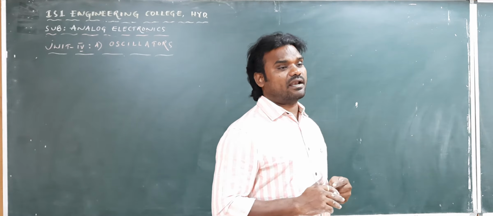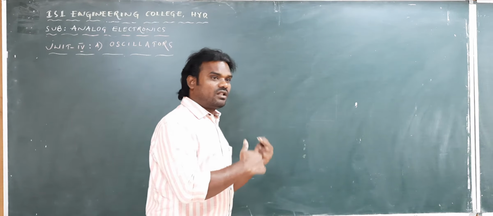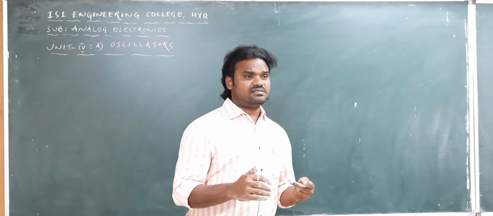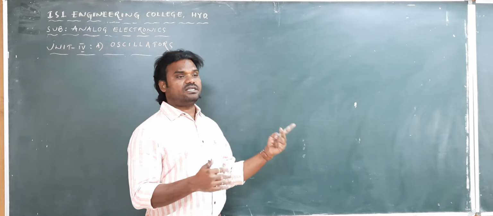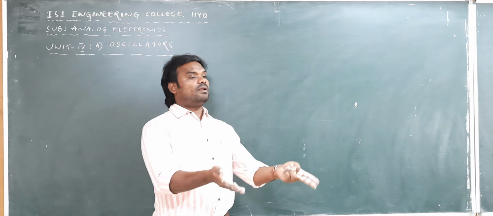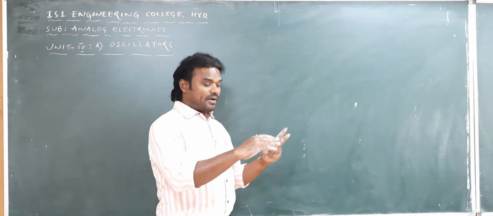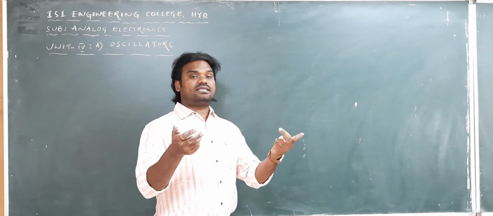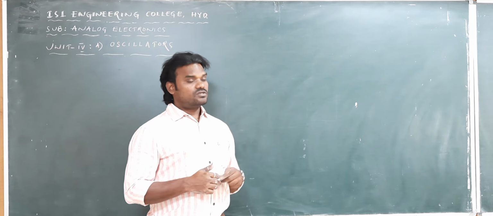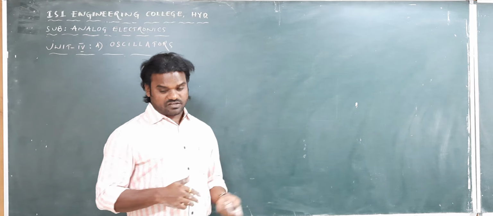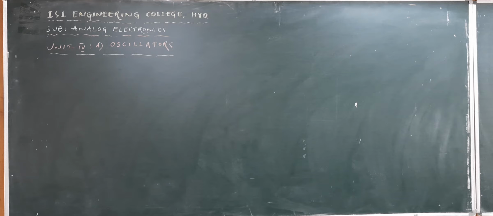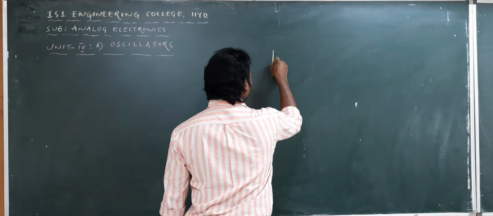So before going to study the Barkhausen criteria, first I am going to recall the concepts which are there in the positive feedback. Why are we discussing positive feedback? Because oscillators will be designed with positive feedback. By employing the negative feedback, we will be getting the advantages from the amplifier. By employing the positive feedback, that circuit is no longer acting as an amplifier, it will be acting as an oscillator circuit. So I am going to talk about the positive feedback, and with the positive feedback concept, I am going to explain the conditions for the sustained oscillations or the Barkhausen conditions.